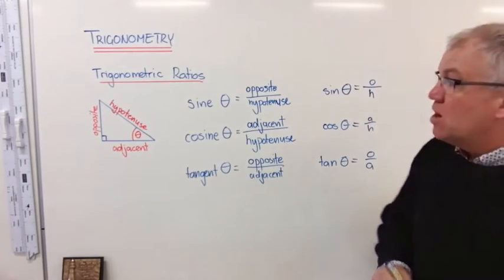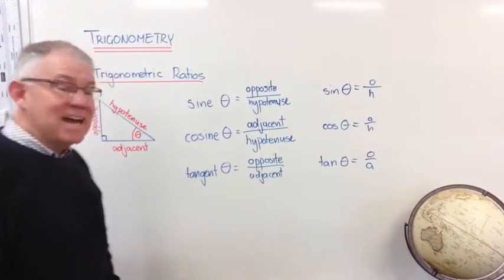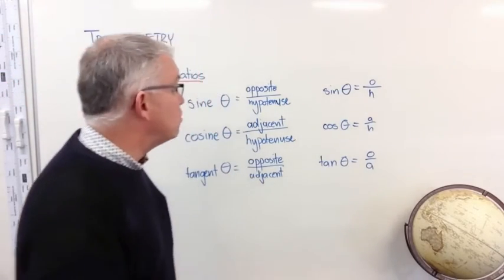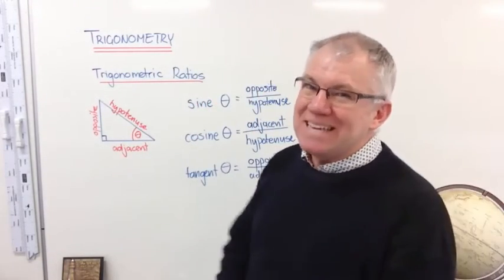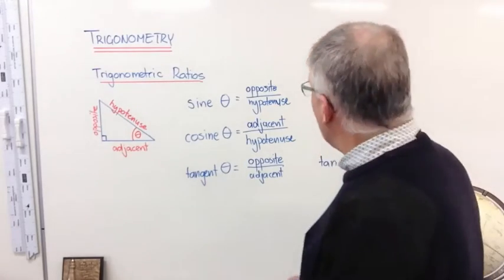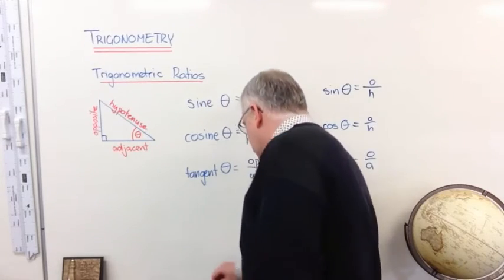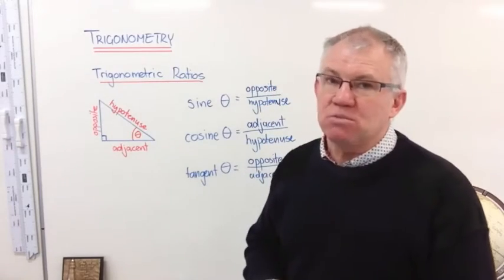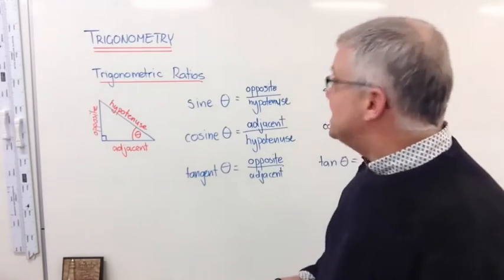A. Okay, now we're going to be able to use those three ratios to work out the sides and angles for triangles. These three ratios are really important to recall and remember all the time. And some people do struggle to remember exactly which sides go with which ratio, and a way to help you recall that is to use a thing called a mnemonic. Now, a mnemonic just means we take all the important letters that we need and we create a word out of it. And in this case, the